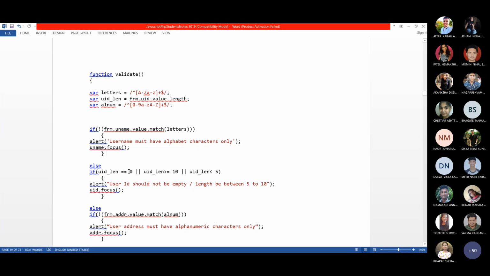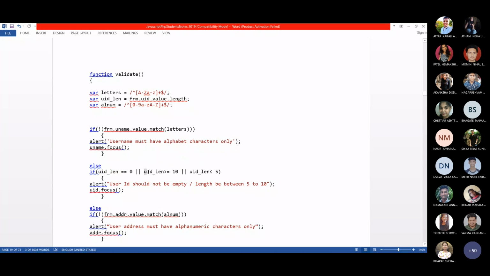Length equal to 0 means what? I did not enter anything in the text box. I forgot to enter; I left the text box empty. That is also an error, no? That is also invalid. Something should be entered as a user ID. So the user should not leave the text box empty.